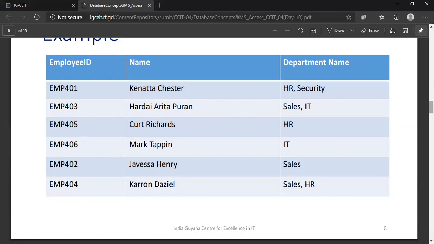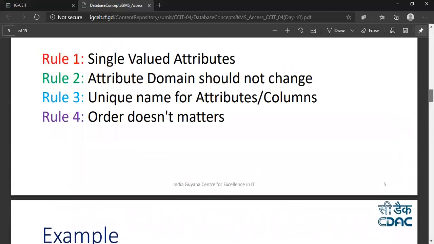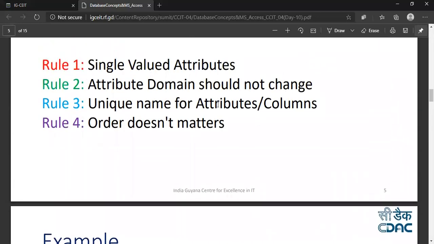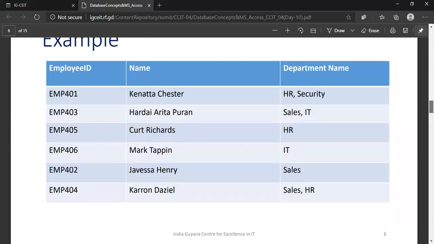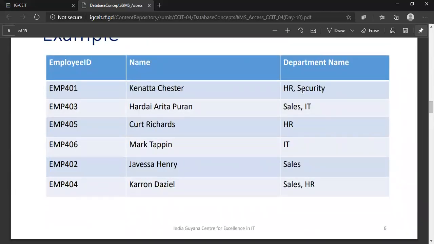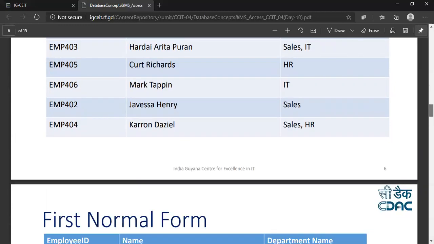So in this particular table, I am meeting all the conditions except rule number one, that is single valued attribute. So I cannot say this table is in first normal form. I have to remove this inconsistency from the table to make it first normal form. How will I do that?